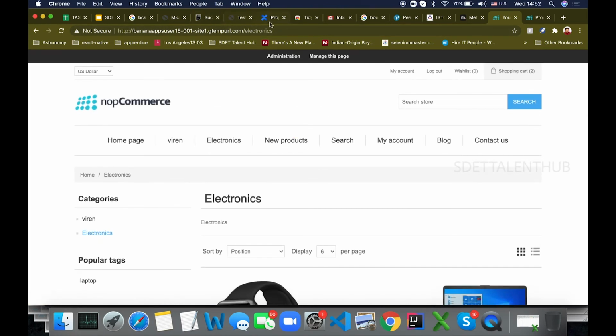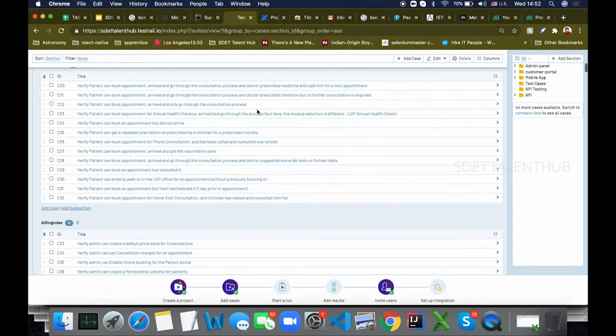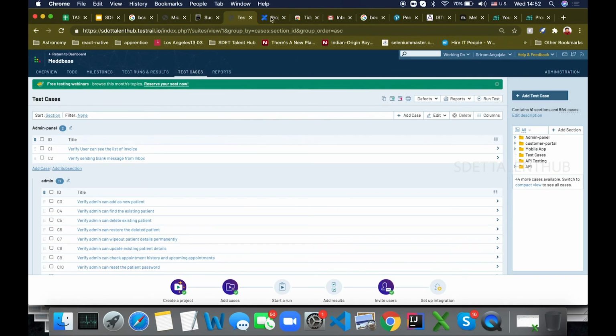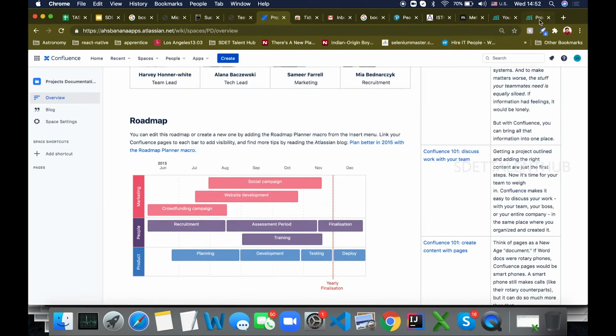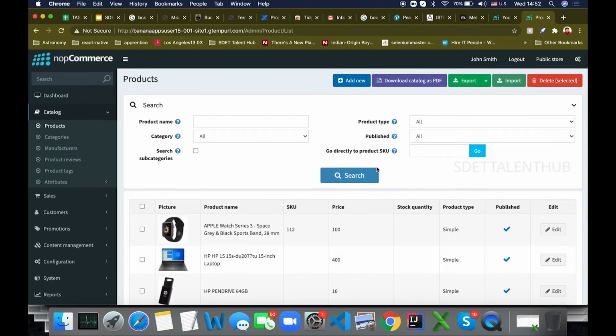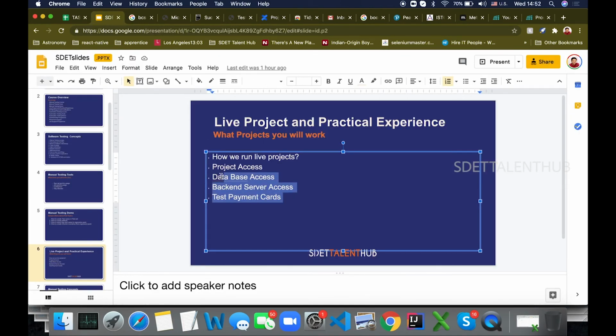cases in TestRail, and then execute the test cases here in TestRail. And if they find any bugs, they can raise them from TestRail onto Jira. And if they want to set up any test data, they can use this admin portal, or they can use the database. That way, we actually give them access to multiple projects, and